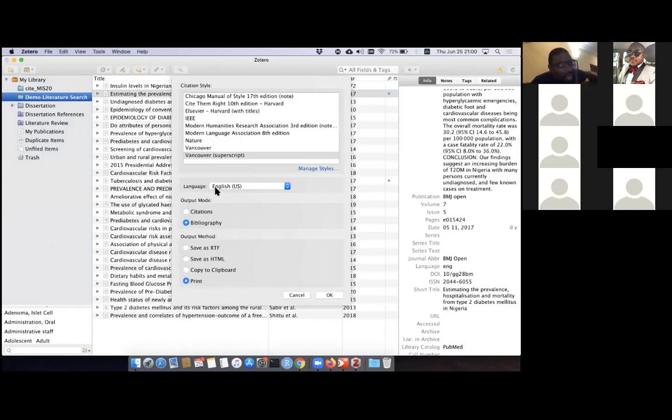So you see the bibliography, and you can see the referencing style. Print is if you want to print it out to your printer. You can save it as a rich text format. You can save it as a web page. So let's try the first one, saving it as a rich text format. If I click OK,